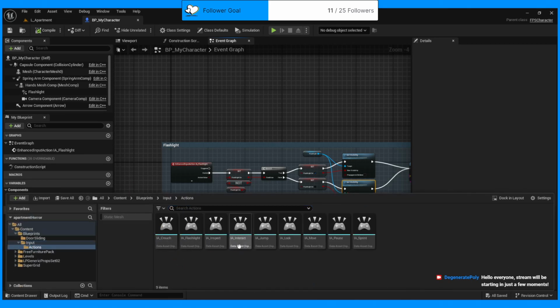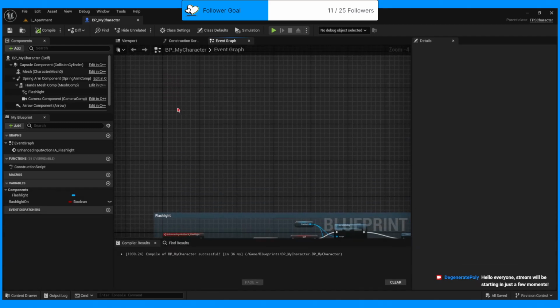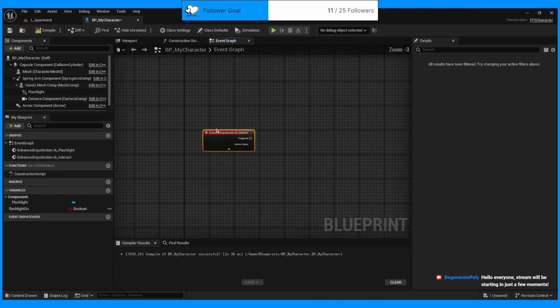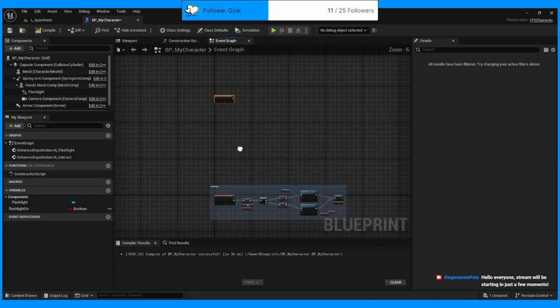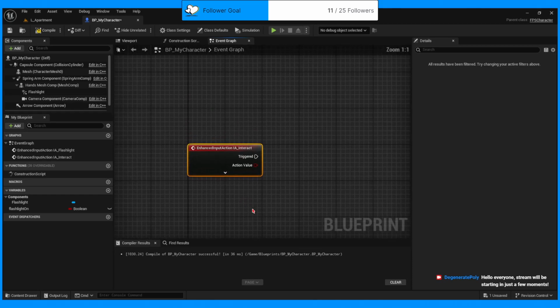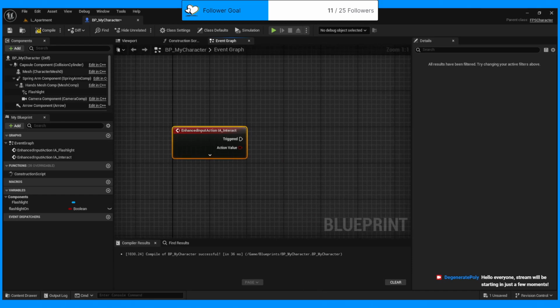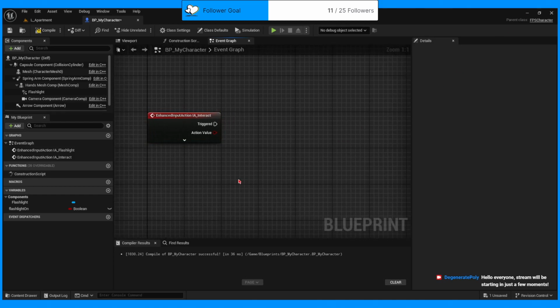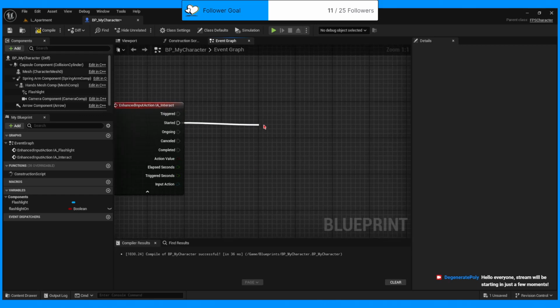So, what inputs do I have here? Flashlight, inspect, interact. Interact, that's what I'm looking for. So, IA interact. I'm going to give us some nice space here. Give us all kinds of space. And actually, I'm clipping just a little bit, so I'm going to turn this down. There we go. All right, so when it is started,